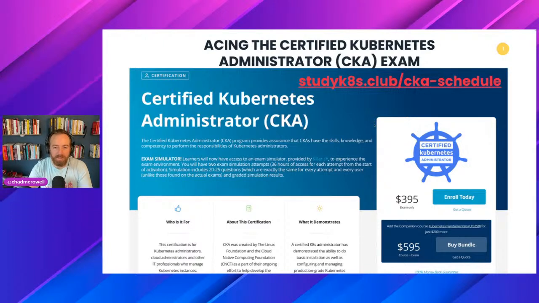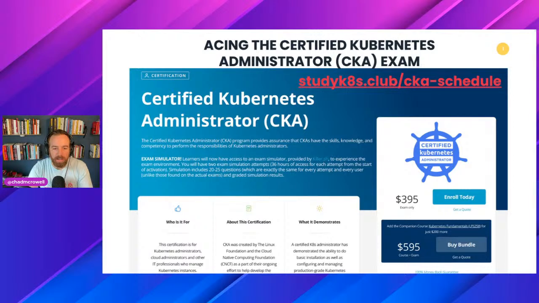Yeah, that sounds great. So today we're talking about the Certified Kubernetes Administrator exam, which is by far the most popular exam out of all the Kubernetes certification exams. There's the CKAD, which is the Certified Kubernetes Application Developer. There's this one, the Certified Kubernetes Administrator, CKA, and then there's also the Kubernetes Security Specialist exam, which is the CKS. We're going to be talking about the CKA today, which, as you can see on my screen,